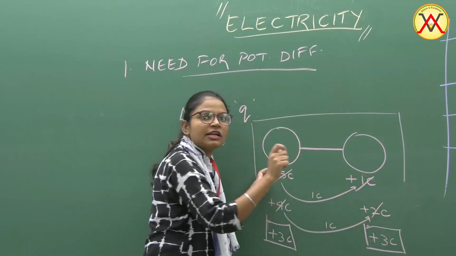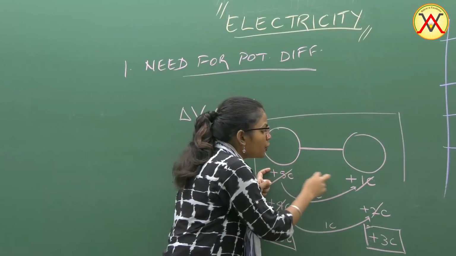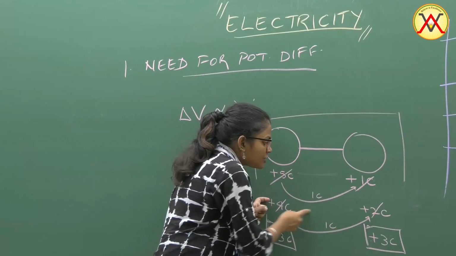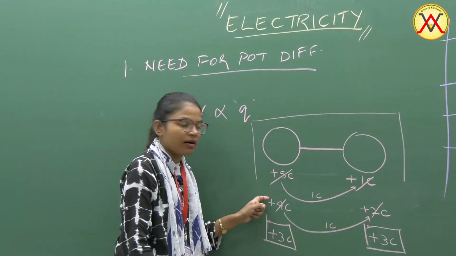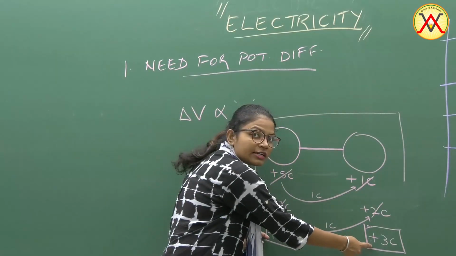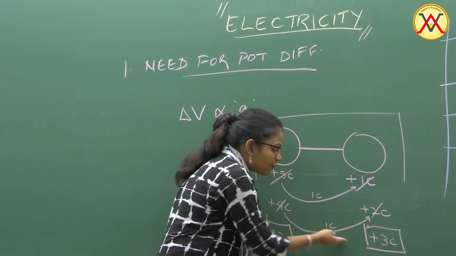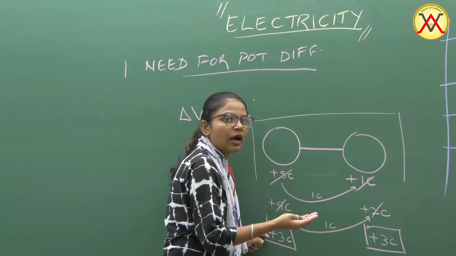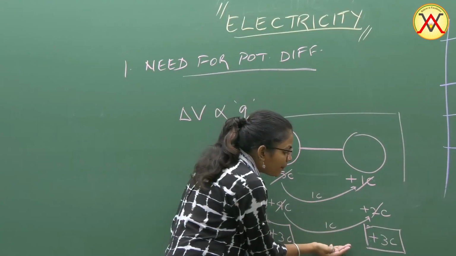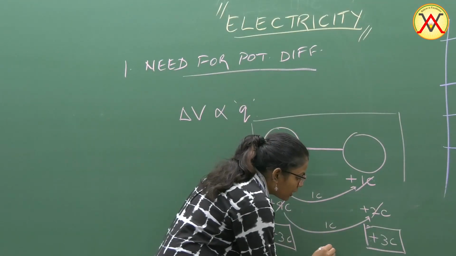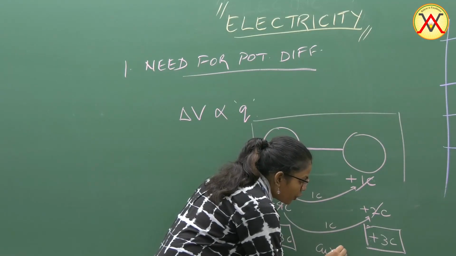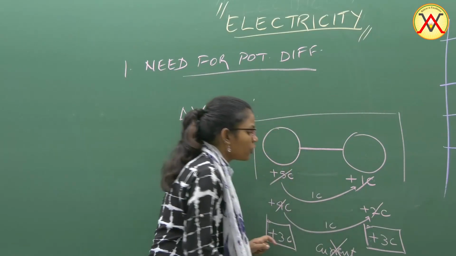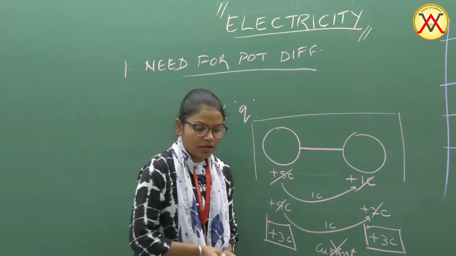इस केस में पोटेंशियल डिफरेंस 4 कूलम चार्ज के हिसाब से होगा, यहाँ पर पोटेंशियल डिफरेंस 2 कूलम चार्ज के हिसाब से होगा. बट यहाँ पर पोटेंशियल डिफरेंस, अब चार्जेस का डिफरेंस क्या है, 0 कूलम, तो पोटेंशियल डिफरेंस भी ऑटोमेटिकली क्या हो गया, 0. जब यहाँ पर पोटेंशियल डिफरेंस नहीं है तो करंट फ्लो नहीं करेगा, इन शॉर्ट चार्जेस ने फ्लो करना बंद कर दिया. ओके,